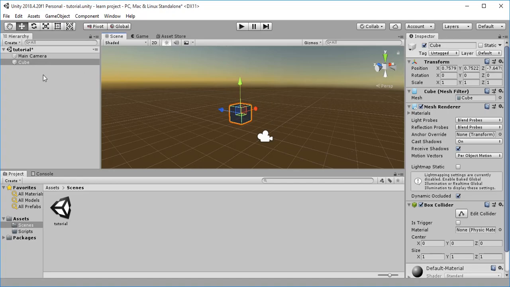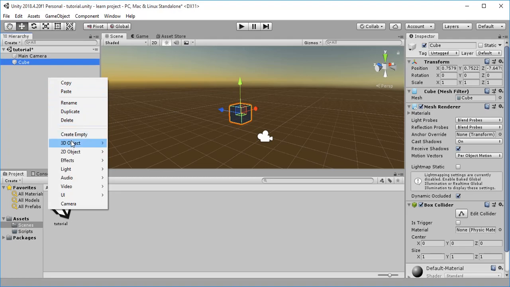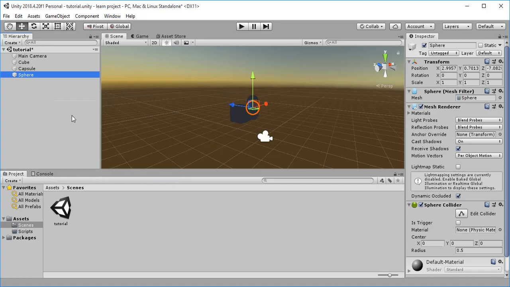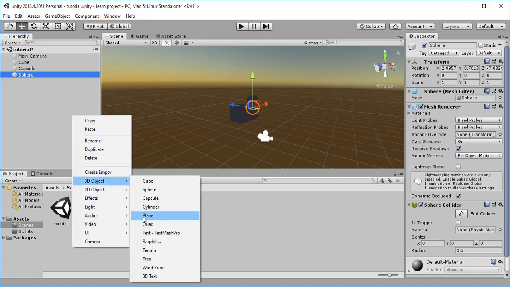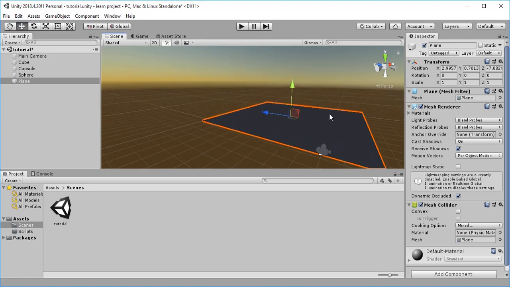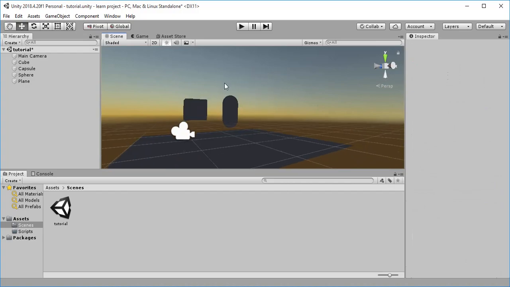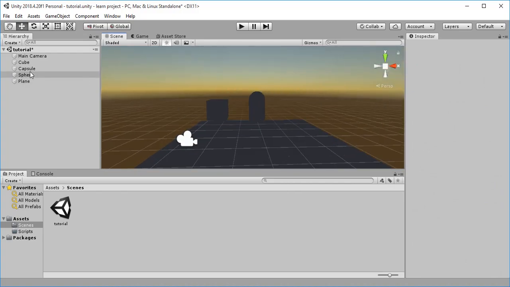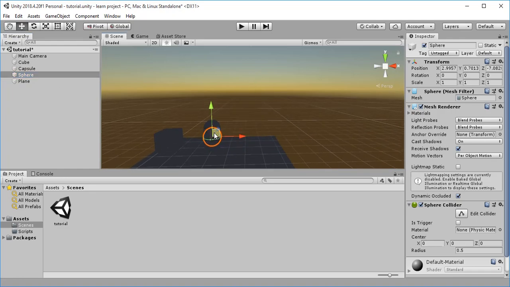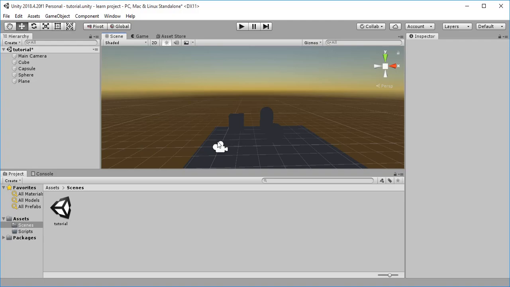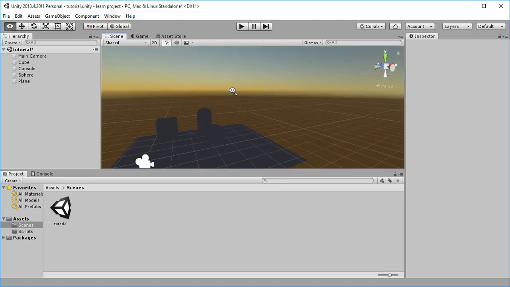And let us create some more primitives. You can also right click, 3D Object, Capsule; right click, 3D Object, Sphere; right click, 3D Object, Plane. That will create all the objects in your scene, and all these are types of primitives pre-available in Unity. So let me move them so that you can see them clearly. For now you will see that all these have a similar grayish color, and this is